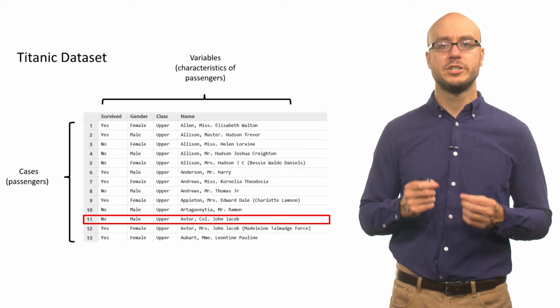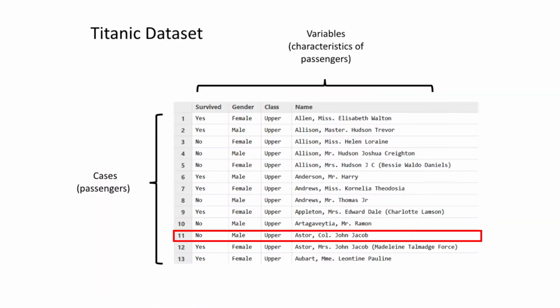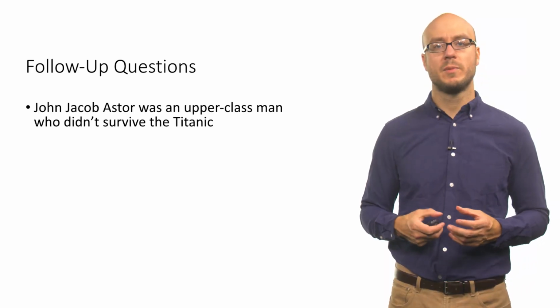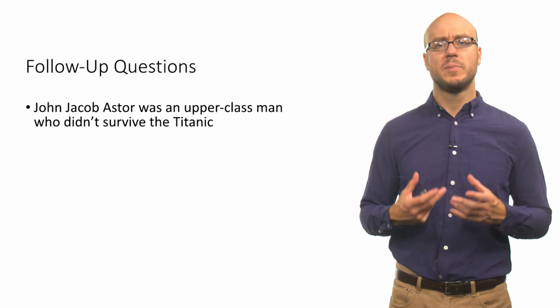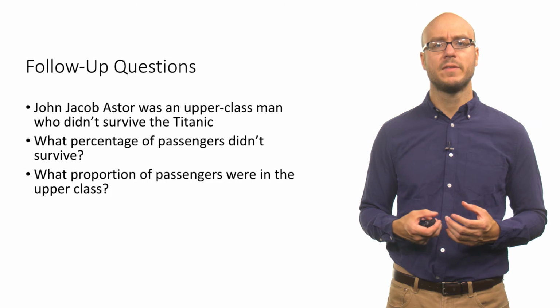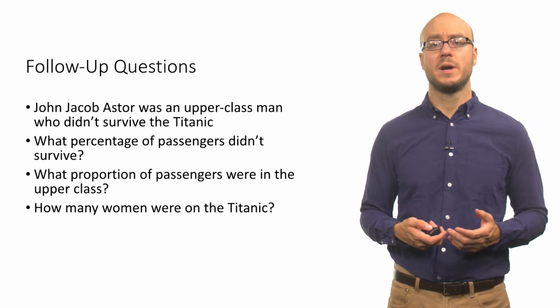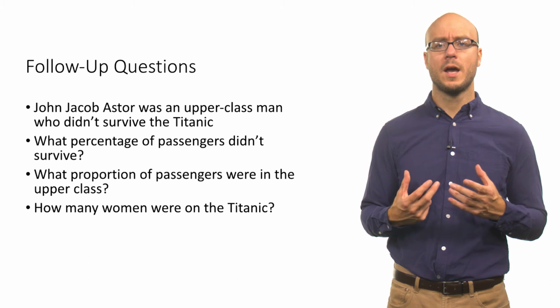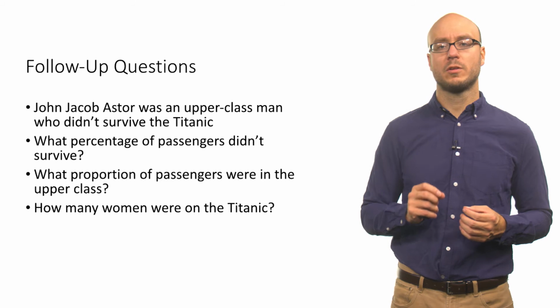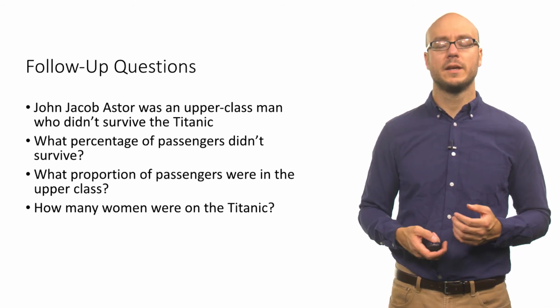Now I've highlighted here John Jacob Astor IV. And if you look through that row, it identifies the observations on him. And you can see that he, in fact, did not survive the Titanic. Now this raises some questions. You might ask, he was an upper class man, but he didn't survive the Titanic. What percentage of passengers overall didn't survive? And what proportion of passengers were in the upper class, you might ask. And you might also ask how many women were on the Titanic as well. It's these kinds of questions, when you look at particular rows of a data set, that can really prompt